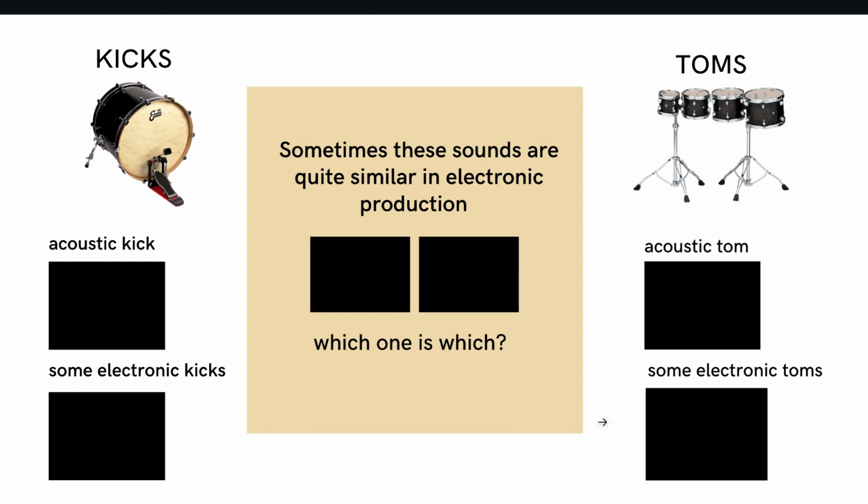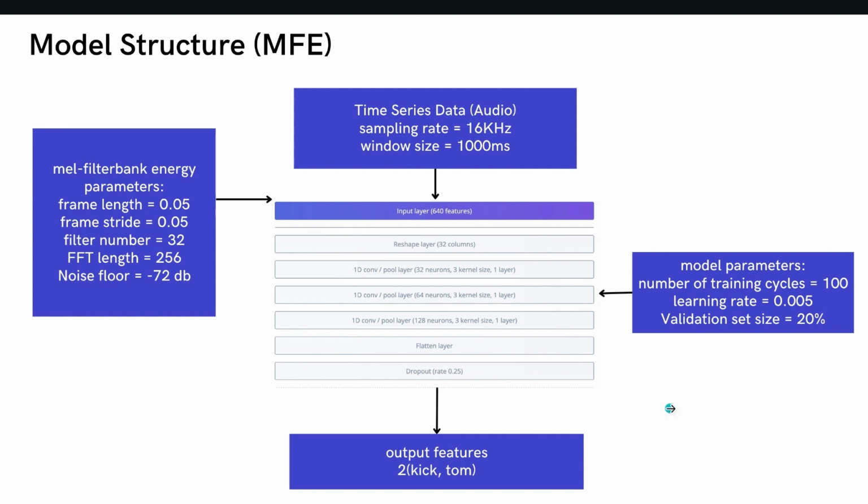To use deep learning techniques to tell these apart, I selected the MFE model to prefit the data. The detailed model structure and parameters are shown on this slide, with a sampling rate set as 16 kHz, window size as 1000 milliseconds, and all these mel filter bank parameters on the left. The model takes 640 features from the data, reshapes the layer into 32 columns, and then puts them into 3 one-dimensional convolutional layers. After going through one flattened layer and a dropout layer, it outputs the features into 2 categories, kicks and toms. The training process takes 100 cycles at a learning rate of